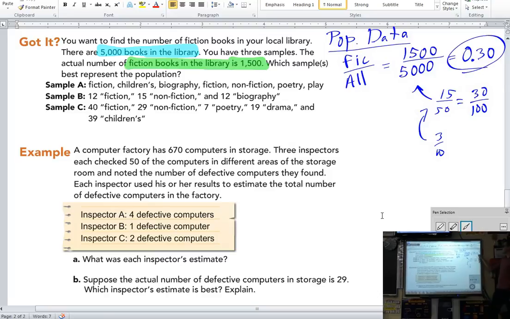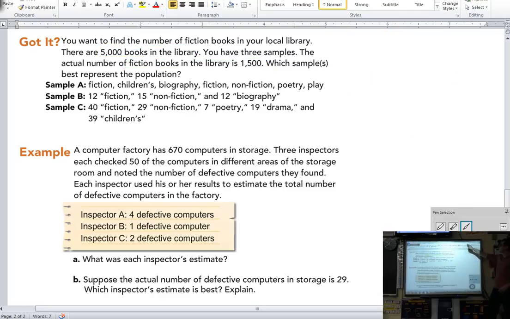Now, what we know is 30% of our books are fiction, which is probably about good for a library. You gotta have some fiction, some nonfiction, whatever. We need to figure out whose sample is the closest to being representative. So let's try Dom's sample. Sample A: how many fiction compared to total? Well, we've got fiction here and fiction here, so we've only got 2 fictions